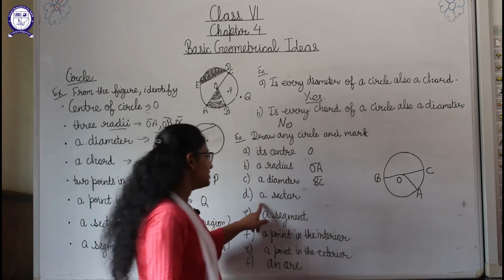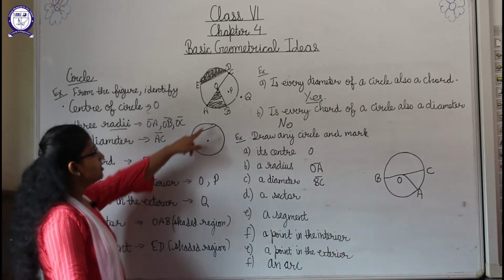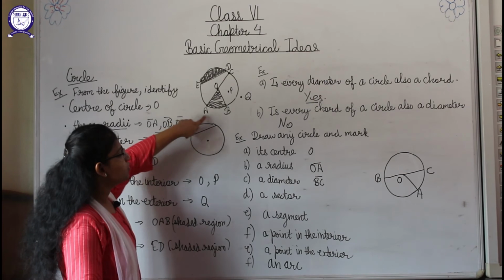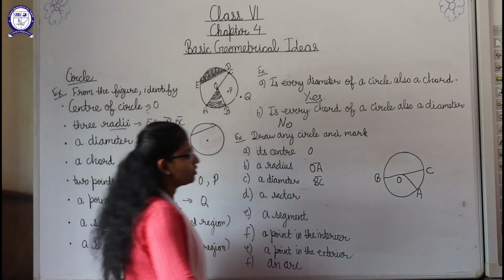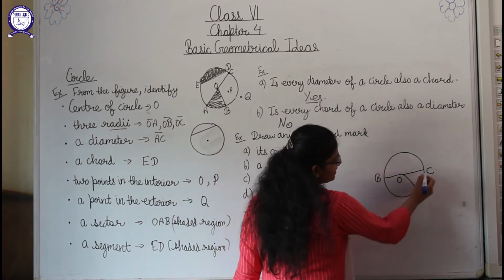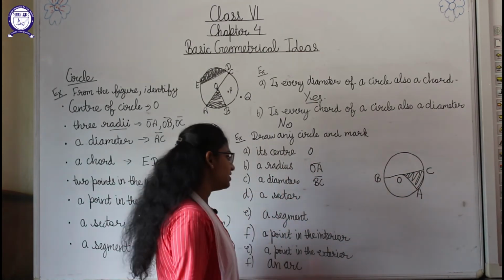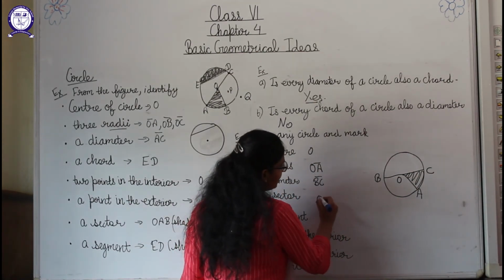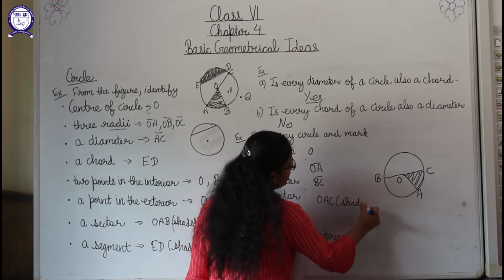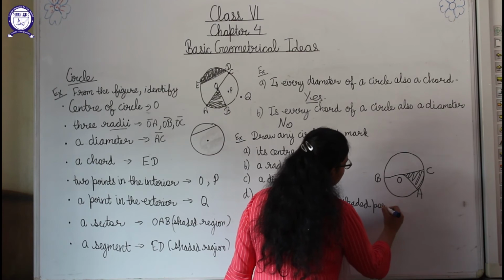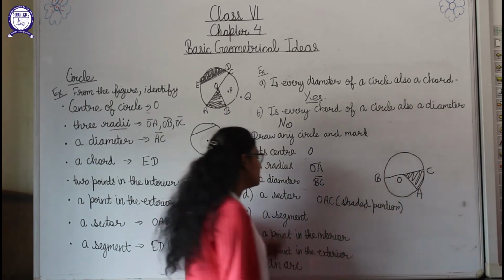Okay, now a sector, we have to tell about a sector. You know about the sector: it includes 3 points, one center point and 2 points on the boundary, and its shaded portion is a sector. So here can I say OAC is a sector if I shade this portion? So this is a sector here. I will write that OAC is a sector, which is the shaded portion, or we can write shaded region. So this shaded region of OAC is the sector.